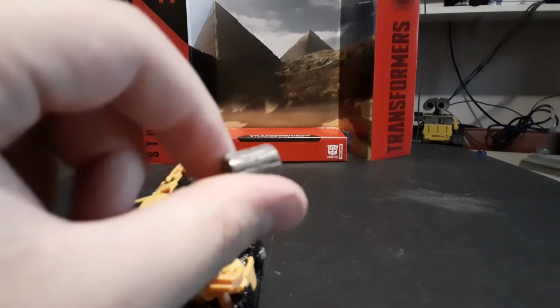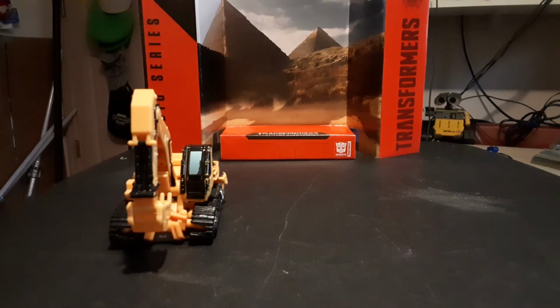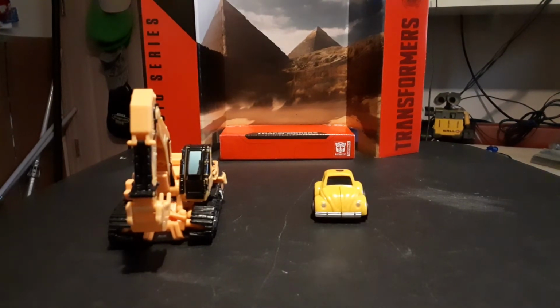You can even rip it off if you want to. I'm gonna fix that off camera because when it comes to size, it's honestly also not that big. Like I said, this is the smallest Constructicon so far. But when it does come to size, there's Bumblebee